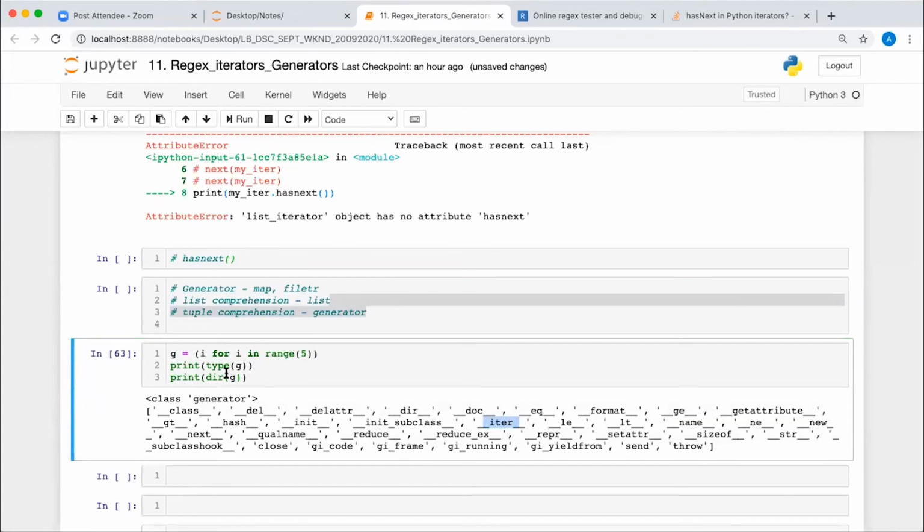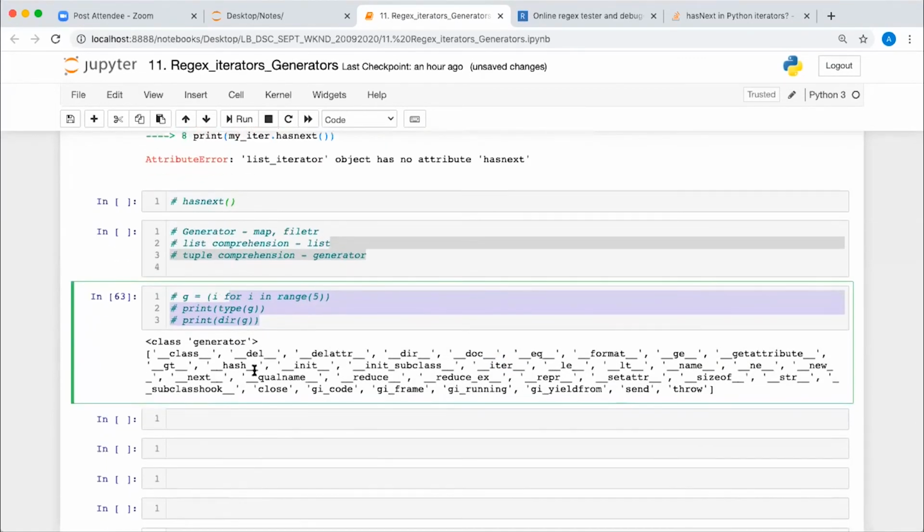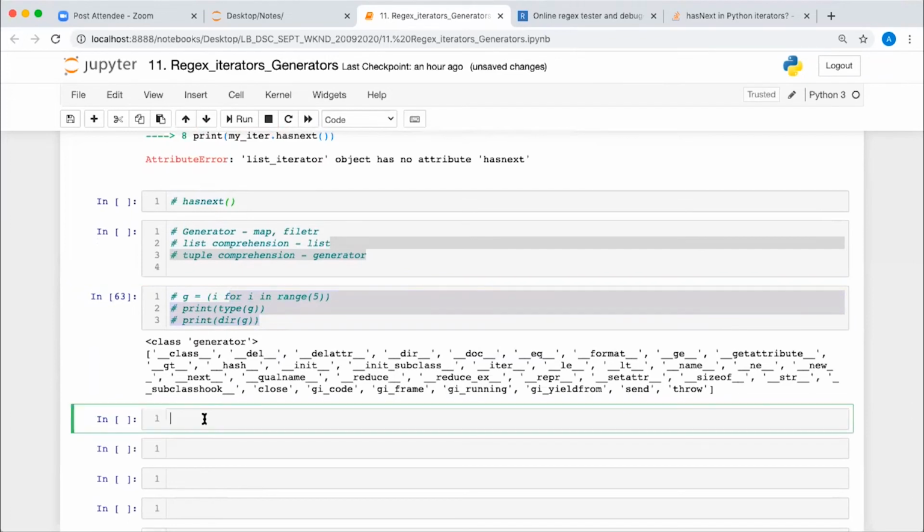So this is also an iterable. But what is the advantage of a generator over the other sequence types? This generator is also used to generate a sequence of any values. You can return any value from this generator sequence. But the advantage of using a generator compared to a list is that a generator takes less memory.